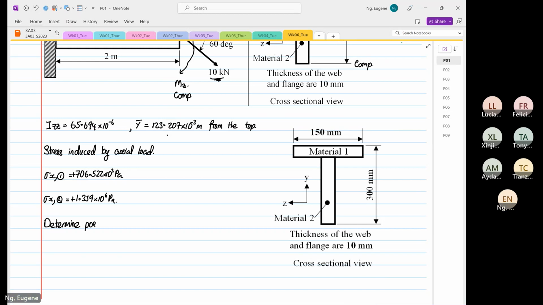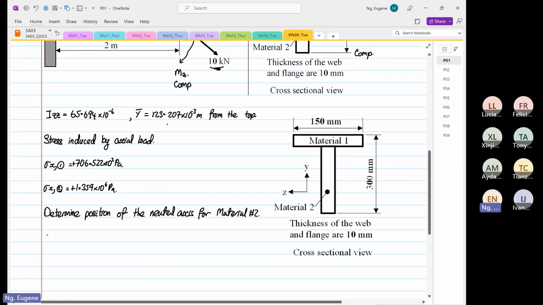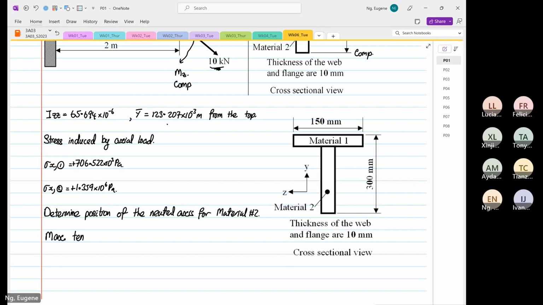Determine the position of the neutral axis. And as you can see, the neutral axis, right, will be in material 2. Okay, so for material number 2, we have to find the maximum tensile stress in material